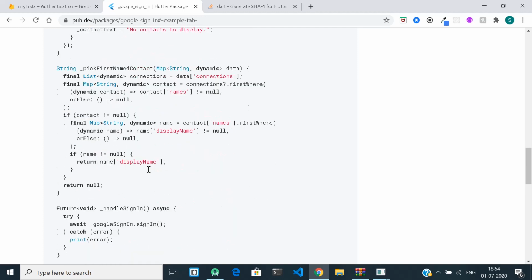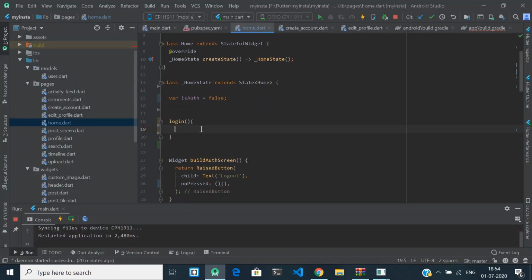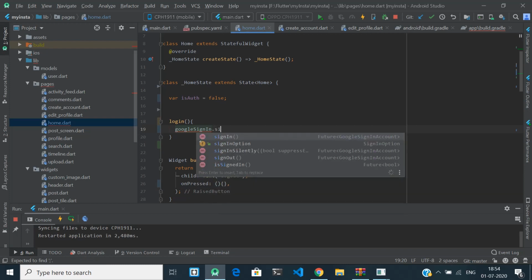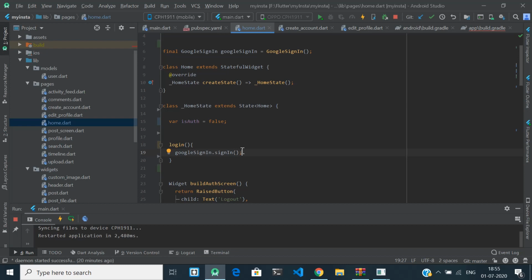So here we are actually using google.signIn. What this does is, whenever you click the button and this is called, the pop-up where different Gmail accounts are available will be shown on the screen, right? So let's just try it. Google, this is the object which we have created, signIn. Okay, now we have created the google.signIn, and let's see if something is happening or not.